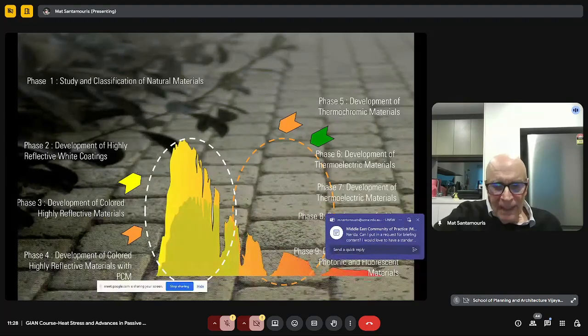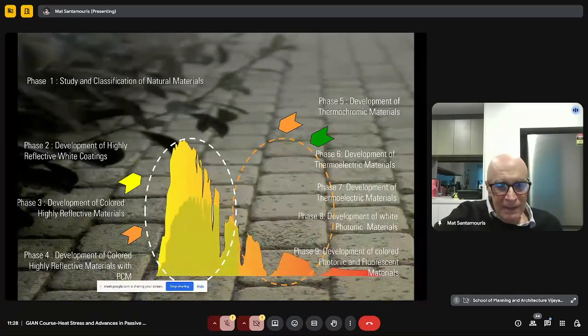Some materials have a very high capacity to store water, concrete, for example. Some other materials don't have such a high capacity. Do we need a high thermal storage capacity, which is called thermal capacitance, or not? It depends on the application. But for most applications in the urban environment, we need materials which present very high reflectance, very high emittance, and high capacitance.